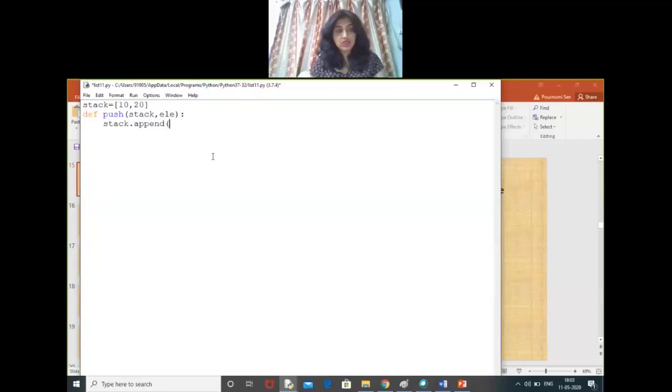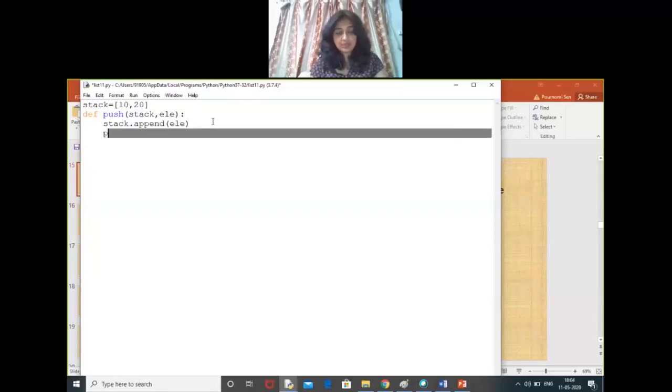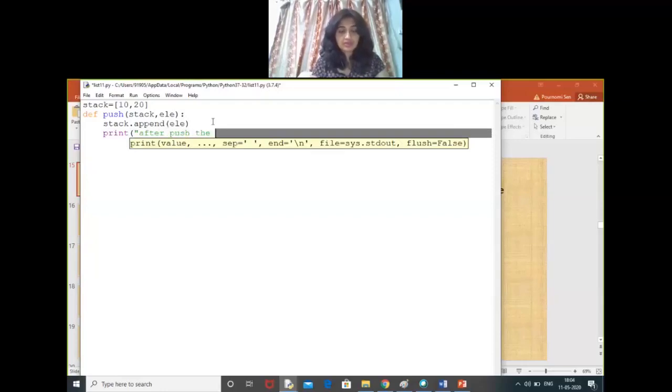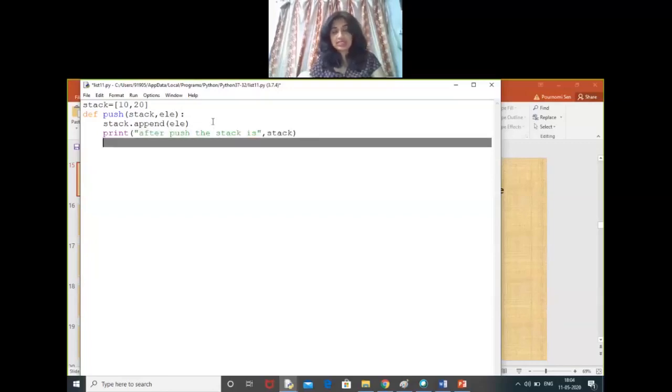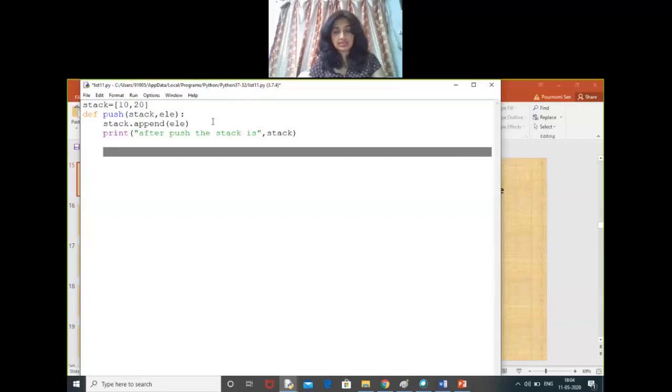We just do append element here, and we print the stack after insertion, or after push. This is how the push function is written.